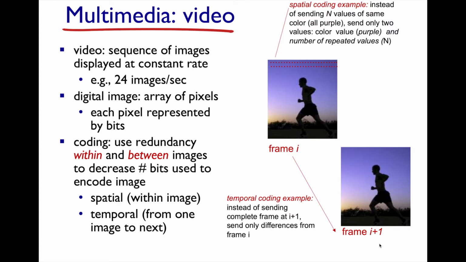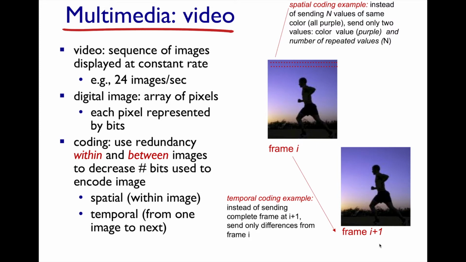And so on the receiver side, it says, okay, you have a color description and a number. I'm just going to draw an image that has that color repeated that many times. As somebody is running, for some images that coding might be less effective because you have a lot of different pixels. But for the most part, as you get closer and closer to adjacent pixels in the image, they're all roughly the same color, and you can get away with the spatial coding and realize a dramatic savings in the amount of information you're sending across the wire. Okay. Any questions about this? Does that make sense? And so that's spatial coding.